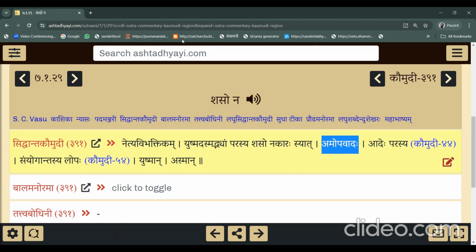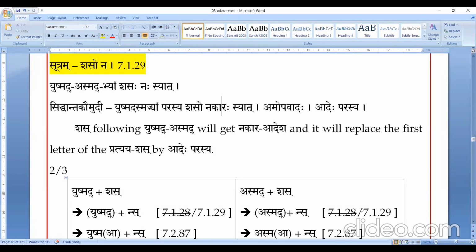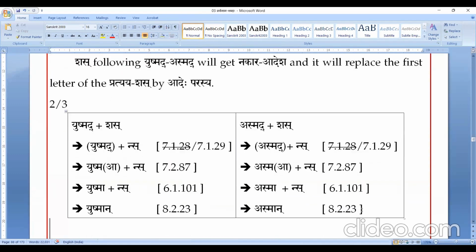Maybe this one line I will add. Siddhanta, here I have written, please see. Yushmadaspadhyam Shasaha Nakarasyat Amopavadaha. Amopavadaha means ordained by 7128 Ye Pratamayoram. Tasya Apavadaha. So there is no Paratvam even, Apavada. So Apavada always overrules. So 7129 will apply. Anadehe Parasya Pratamavarnasya Sthane Akara Adeshaha. Okay, now after that,